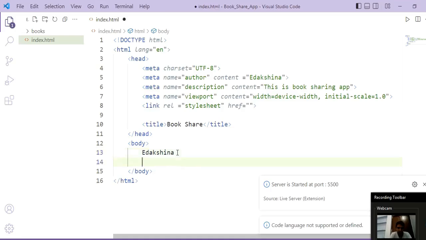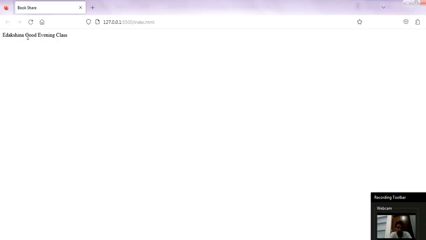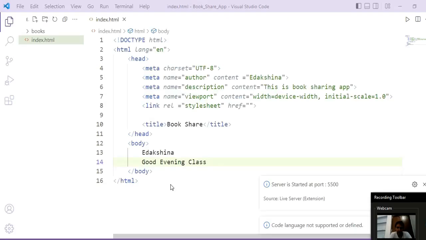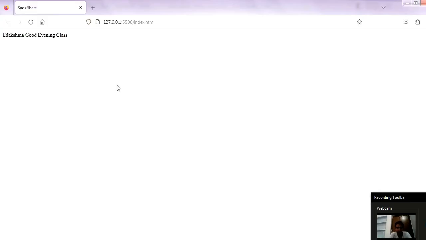Now suppose I write something here, good evening class. Okay, and save it. Now you can see that in my VS Code I have written good evening class in the new line, right, but in browser the output is coming just after the e dakshina. Means the default way of showing output in browser window is from left to right.